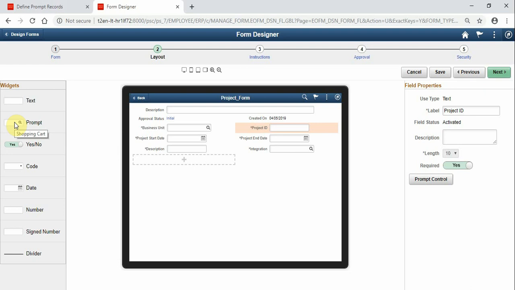So let's drag, and I want it to be a prompt field so that the user can also select project types from the prompt. So I'm going to drag a prompt widget to the form like this,